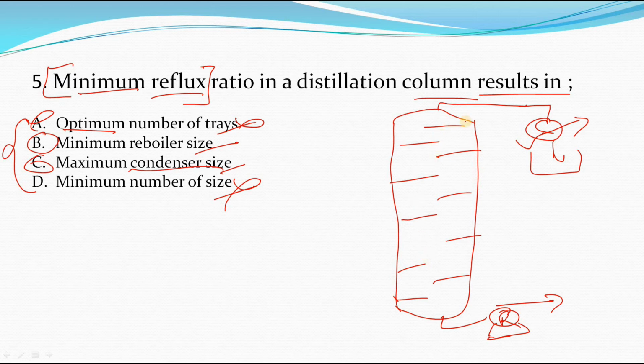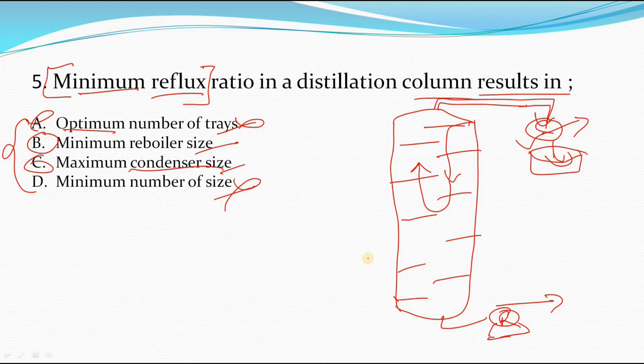Just simply see that we do not require to reflux again and again. Why? Because there are infinite number of stages. So if liquid goes down from here, it would not go to the bottom. Why? Because due to the vapor and the high temperature, or because of the infinite number of stages, it will definitely go upward by vaporizing, right? And it will go into the condenser and condense, right?